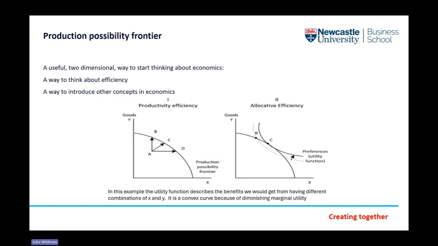And that's when we now start to think about allocative efficiency, so the right-hand panel. So we have the same concave line. I should have said these lines are called production possibility frontiers because they show all possible combinations of production of these two goods. So on the right-hand side now we've got allocative efficiency, we've got our production possibility frontier, but superimposed on top of that now we have our indifference curves.